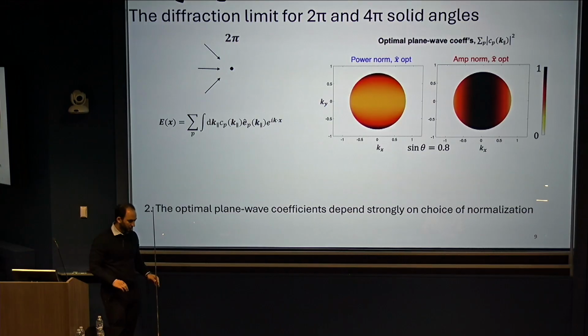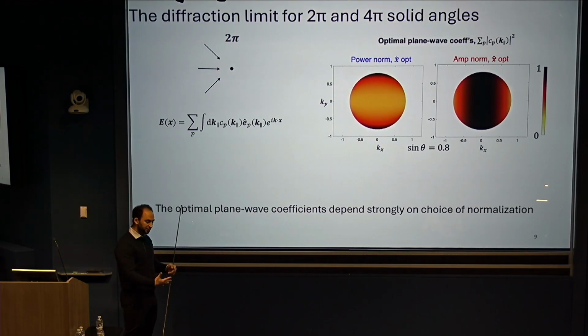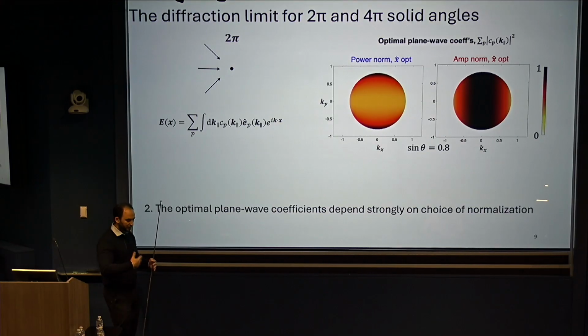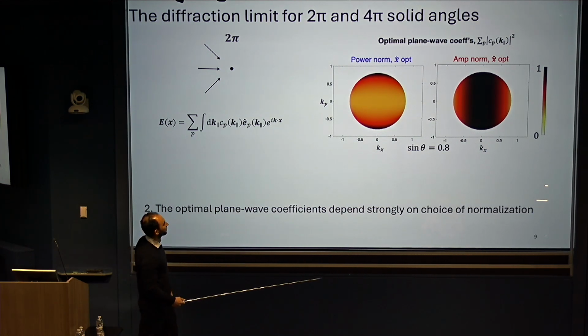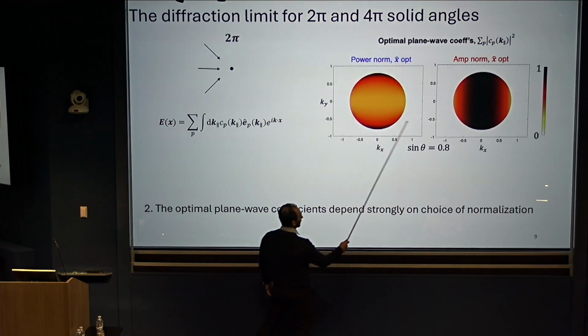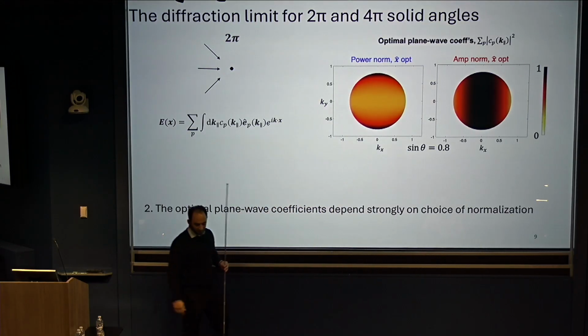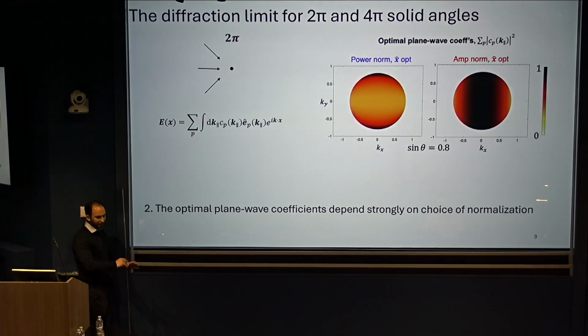The second point is that how you actually normalize these coefficients does matter. The one I showed before was normalizing the sum of the squares of the coefficients. But notice if I have plane waves coming in this direction, they might have powers that effectively cancel each other. It may take less power to send in plane waves from the side. And so you might imagine what we really want to do is what the experimentalists do: measure how much power we're supplying. And it can lead to very different coefficients of the plane waves depending how you normalize. The fields look quite similar. The full width half maxes look quite similar. But you get very different coefficient normalizations.